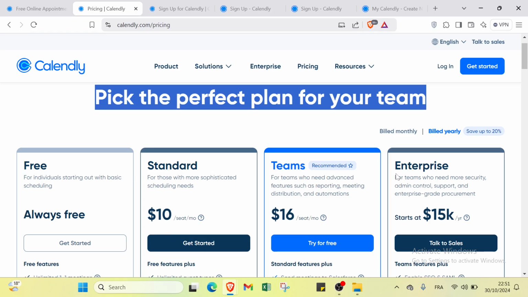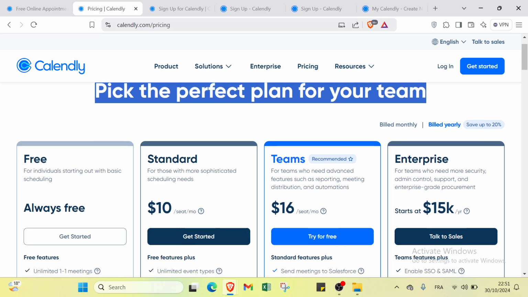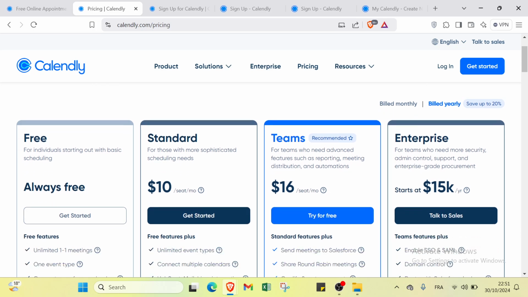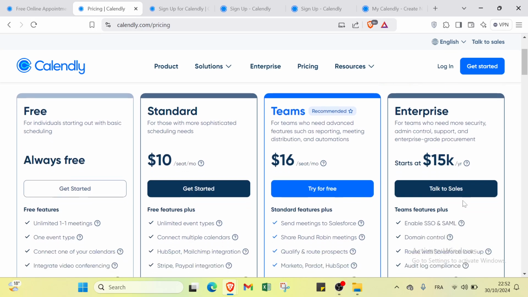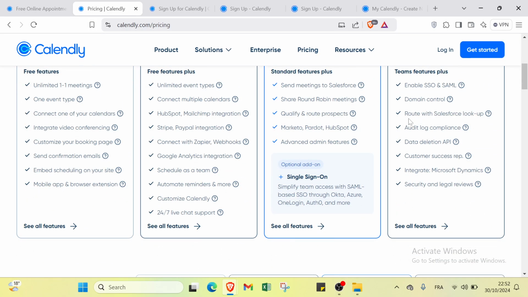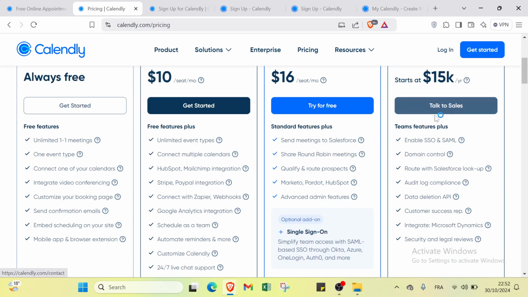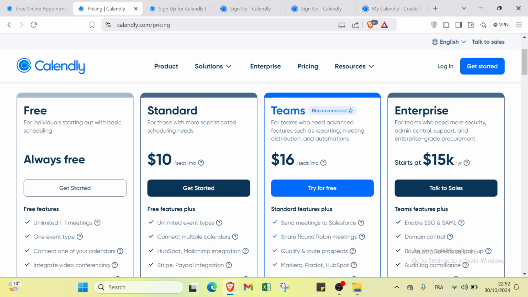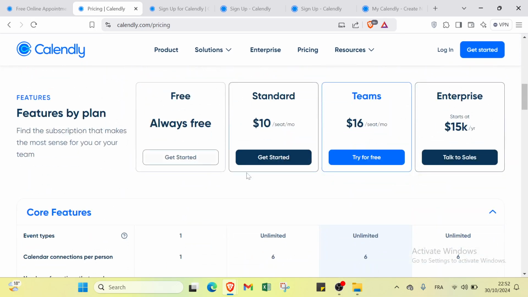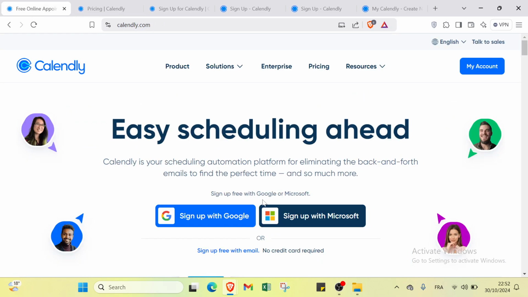Then we have the last one, which is Enterprise, for teams who need more security, admin control, support, and enterprise-level procurement. You pay $50,000 per year, and you get started by reading these team features and talking to sales to select this enterprise plan. You just have to scroll down and choose the one you think is better or more comfortable for you. So for example, I will select get started, and that's what I will use,